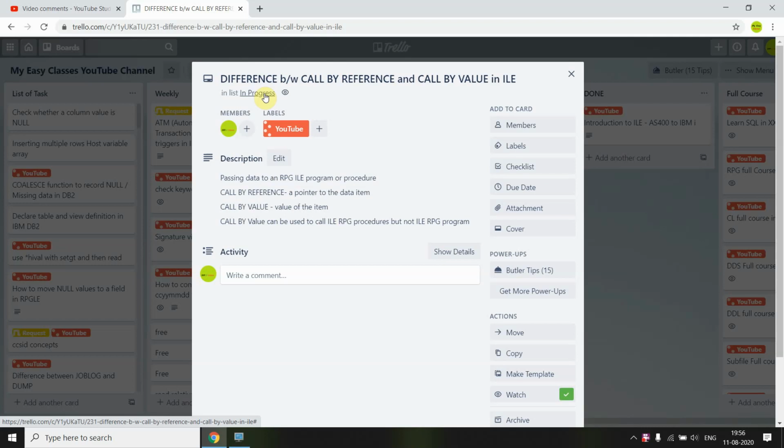What is the exact difference between call by value and call by reference with respect to the procedure and the program, and how does it work?